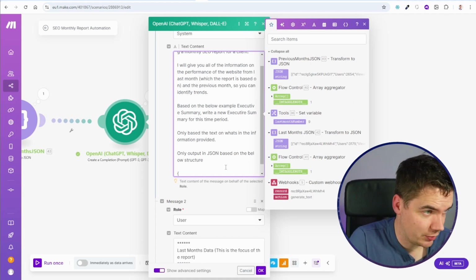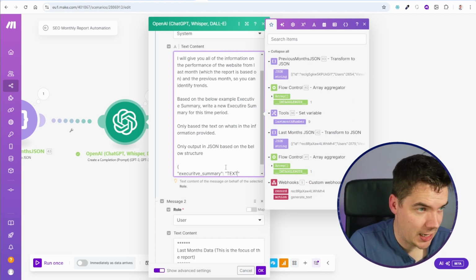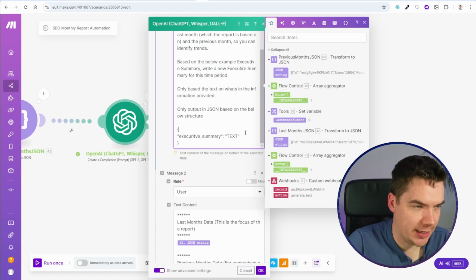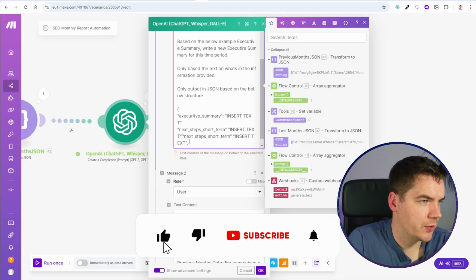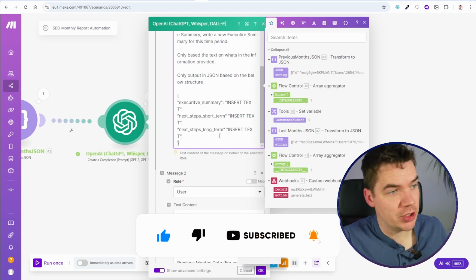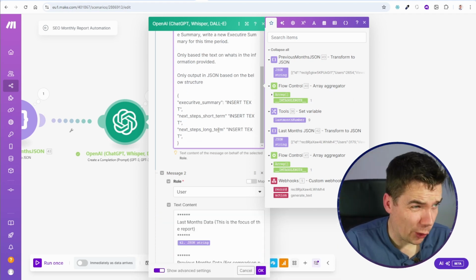So it's literally just executive summary text. We can also get this module to generate the next steps as well. So maybe let's do that. So yeah, next steps short term, and then also next steps long term. This doesn't need to be valid JSON. You're just kind of giving an indication to the LLM what you're expecting, and it works pretty much all the